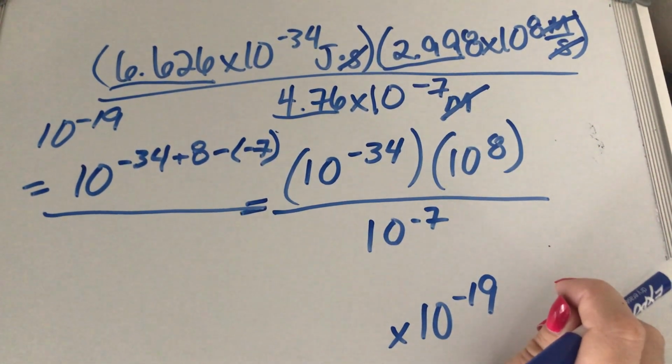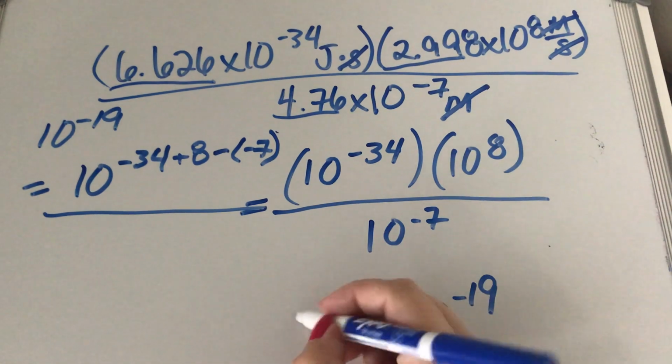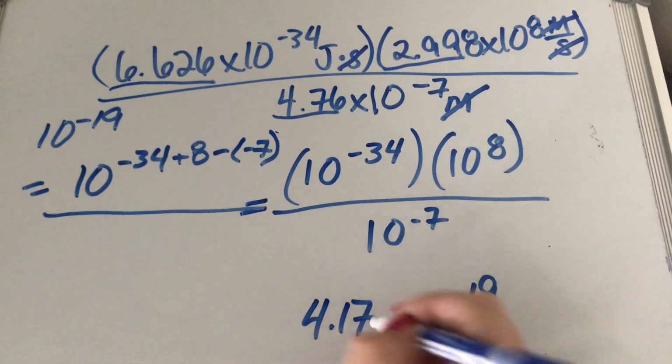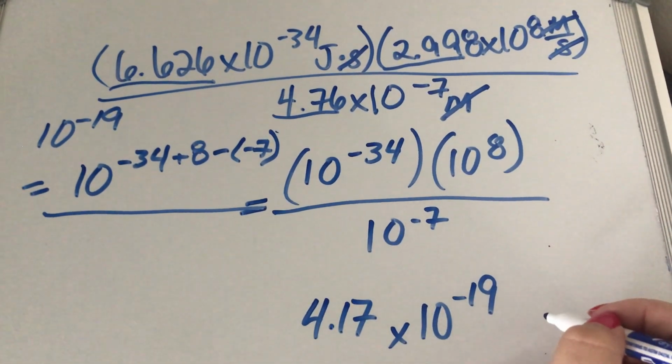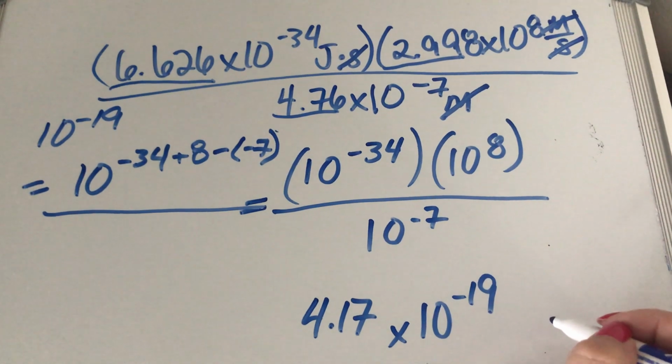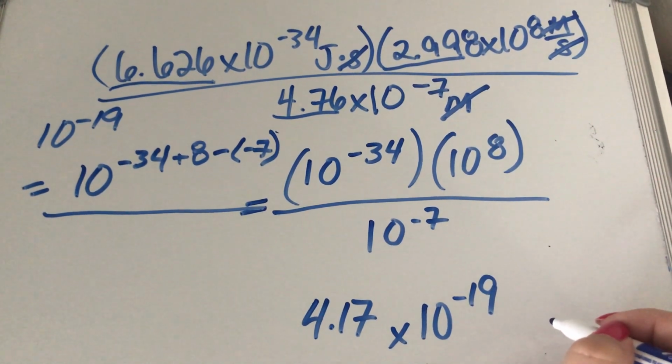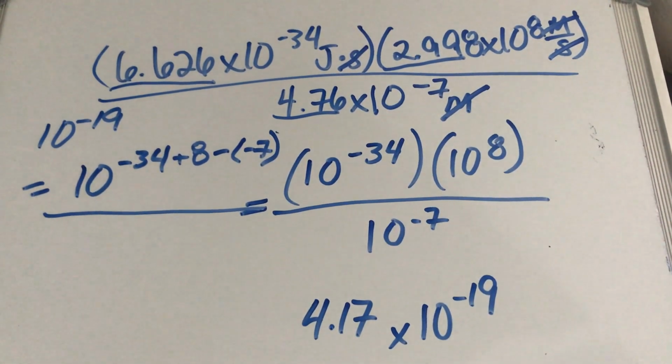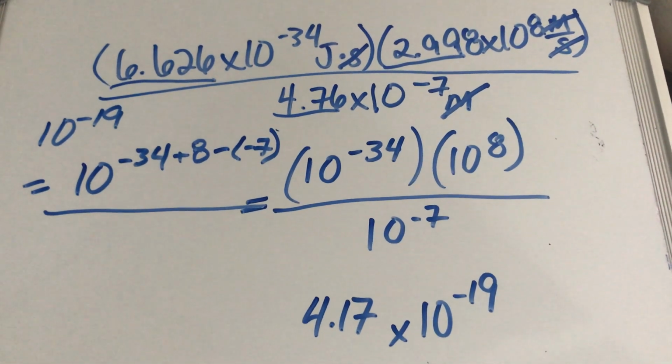So what do you guys get? 4.17. 4.17. Anybody want to back up Ross on that? Not because I don't believe you, Ross, but the more people get the same thing, the more I figure we're in the right ballpark. Cool. Yeah, I got that too. Awesome. Okay, so now I just want to talk really quickly about how to put that in your calculator